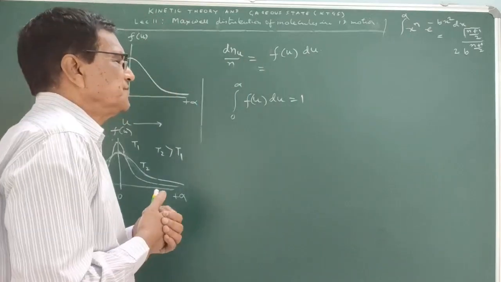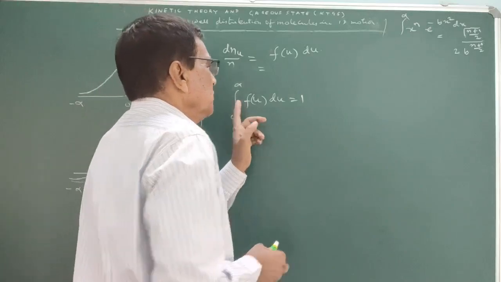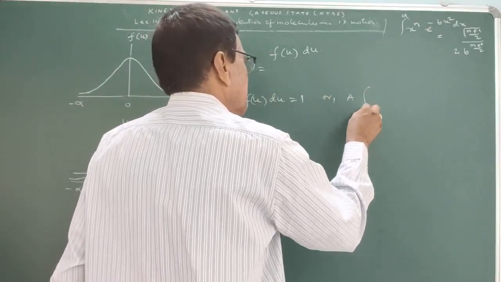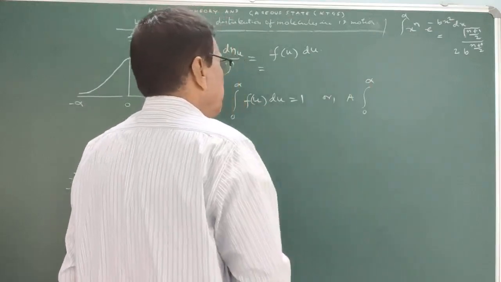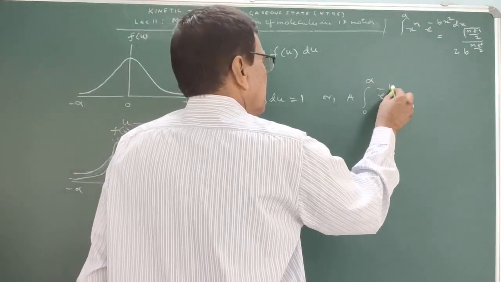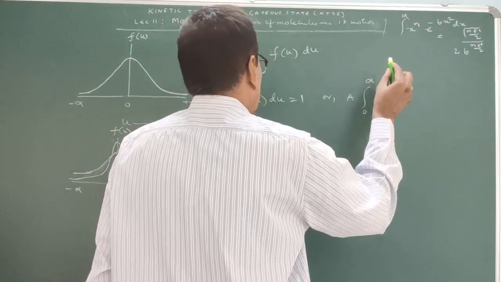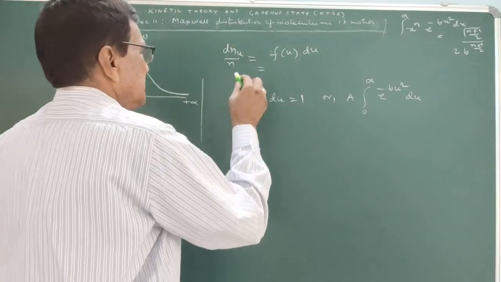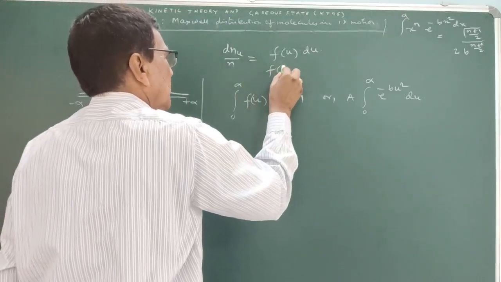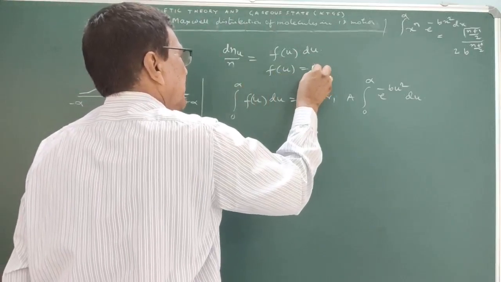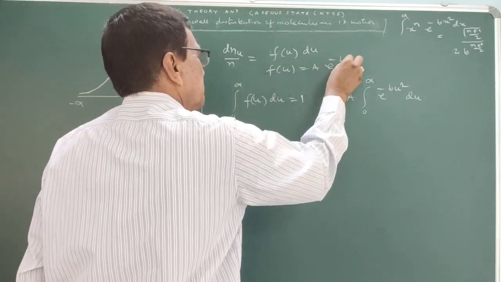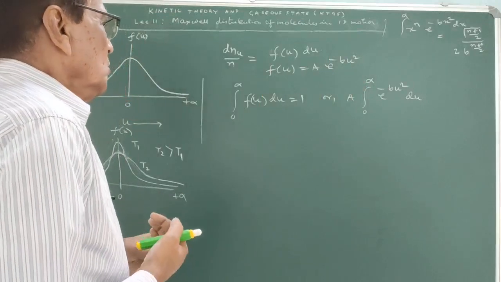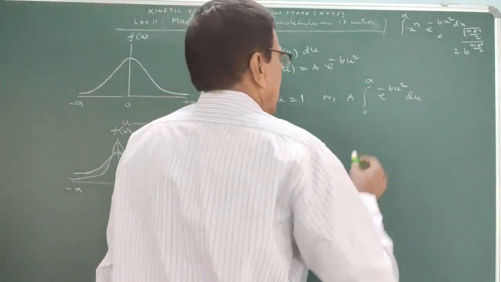And putting this value of f(u), for A it is coming out, 0 to infinity, and here e to the power minus b u square into du, as f(u) equals A into e to the power minus b u square. And this is equal to 1,